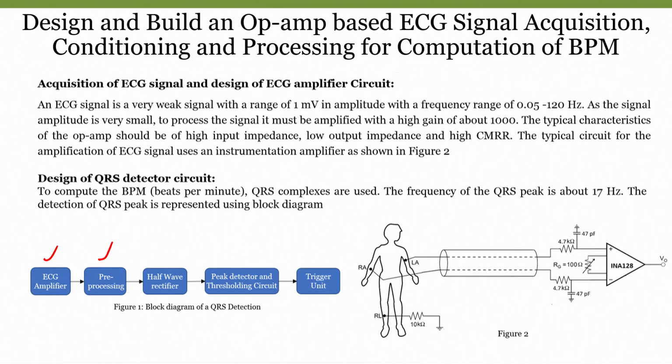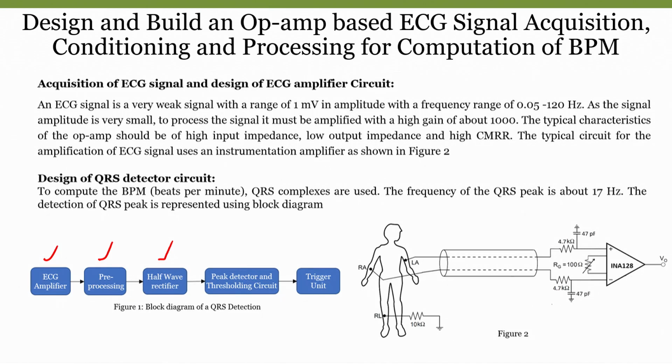So, that is the reason we have to design a half wave rectifier, but it is not mandatory to have a half wave rectifier. Even simply we can go with a positive peak detector and a thresholding circuit, and we can implement that without having a half wave rectifier too. But if you have a half wave rectifier, we do not even have to worry about the negative peaks at all. So, now how do we do a half wave rectification?